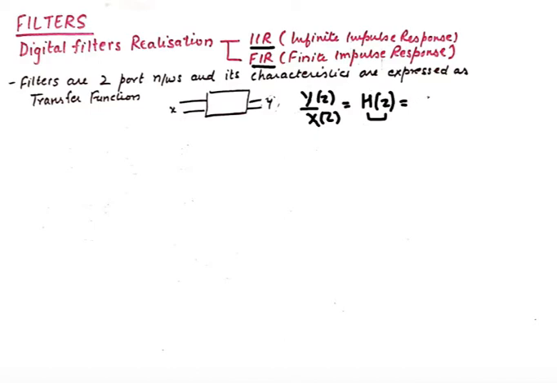This transfer function will help us predict whether the filter is a low pass filter or a high pass filter, or band pass, band reject filter, stable or unstable filter, and so on and so forth. But another thing that we can do with this transfer function is to realize the filter. By realizing, we mean that we can construct the filter from its basic components so as to function like this expression, which is the transfer function.